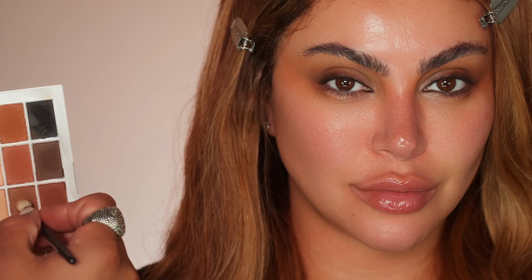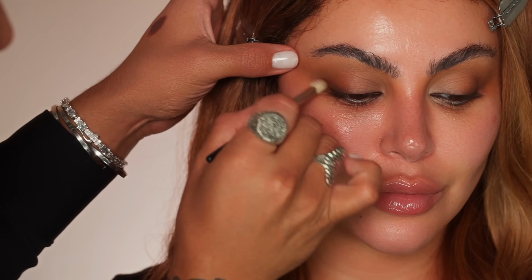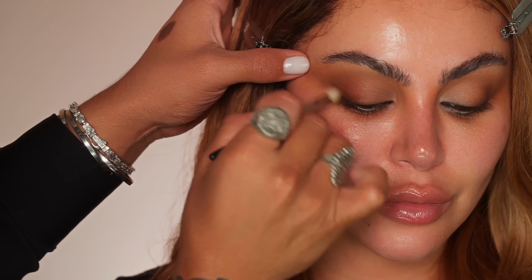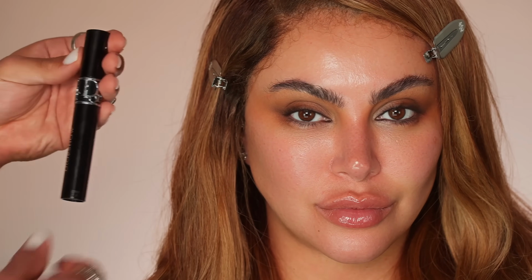And I'm just grabbing a little bit of a chocolate color. I'm just gonna pack this in the outer part of Hrush's eye. I'm gonna create a little bit more of a dimension right here, and I'm just using this to create a little bit more of a snatch. And then I'm gonna clean it up with a little bit of a wet sponge to really make it sharp and crisp. And I'm gonna put a little bit of mascara on Hrush's top lashes, and I'm using the